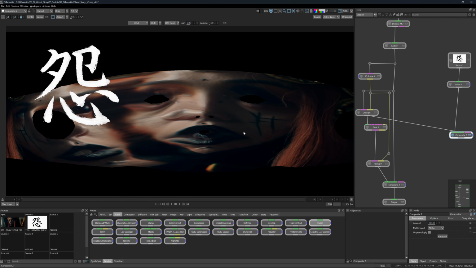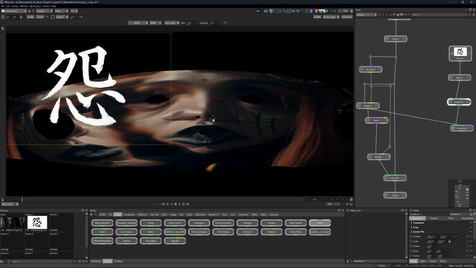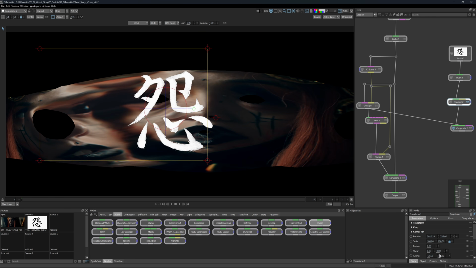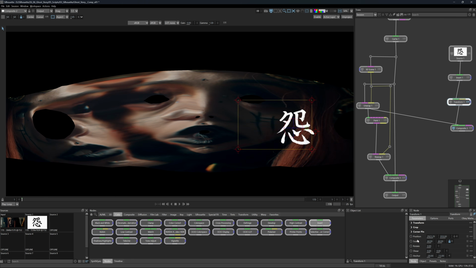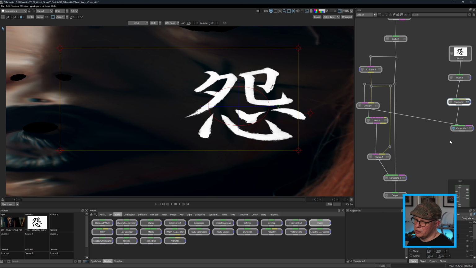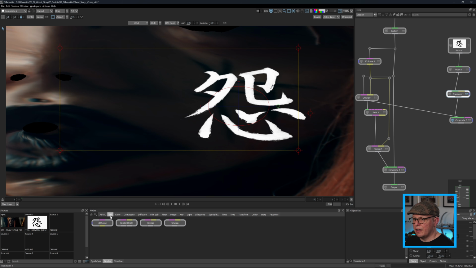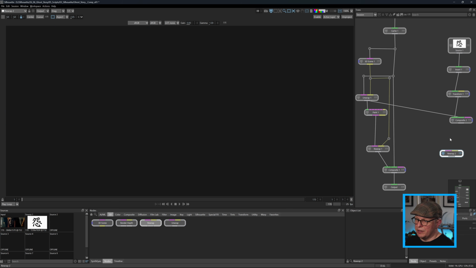Also, I have to keep in mind that the unwrap probably messed with the proportions of the face texture, so the original symbol is a great guide on how much we actually have to squeeze the kanji we are adding. Okay, that should do. Now I want to rewrap just the kanji. I'll pull in another Rewrap node, plug in my inverted kanji and then the 3DC node with a head mesh